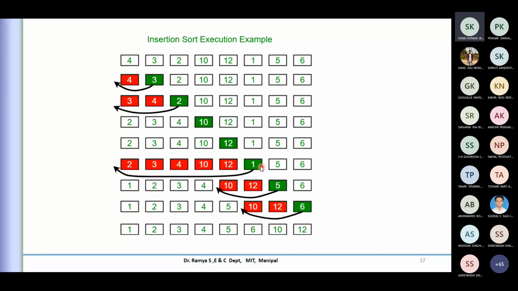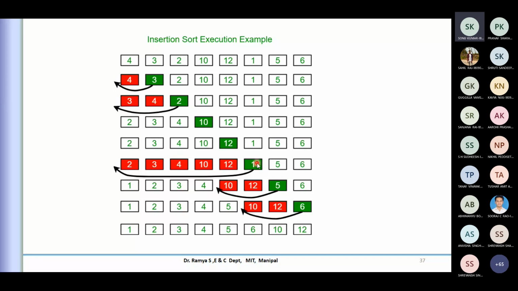But observe this particular point. It will compare with each previous element until we find the place where this value is the smallest in this whole set of values.